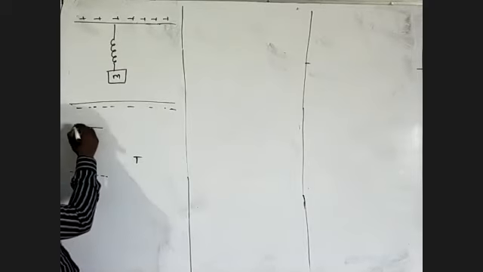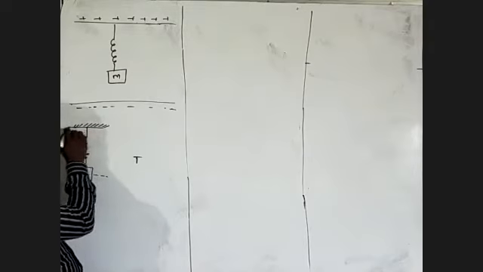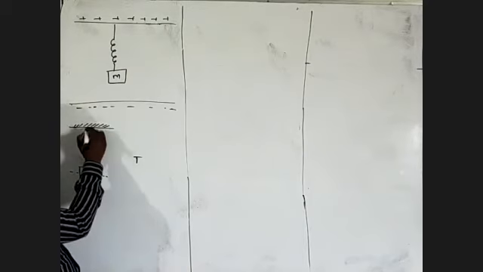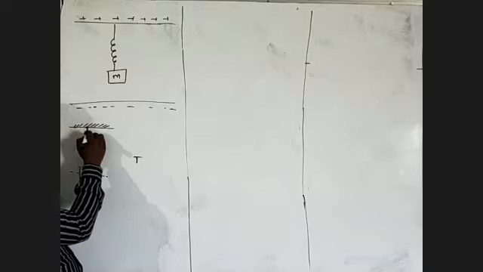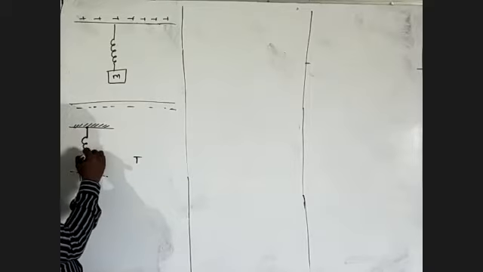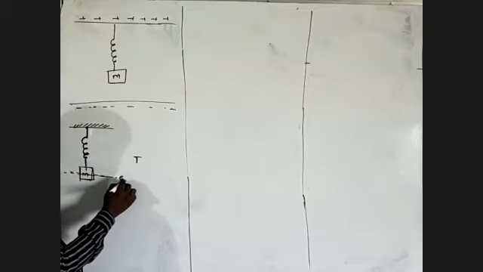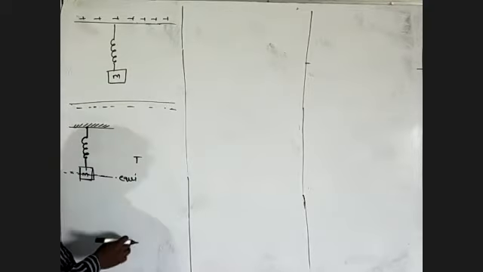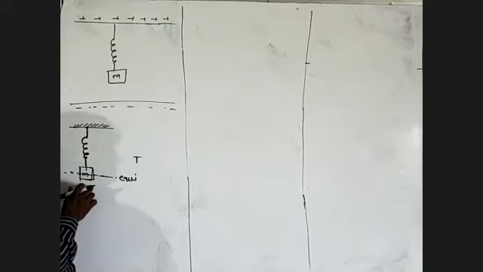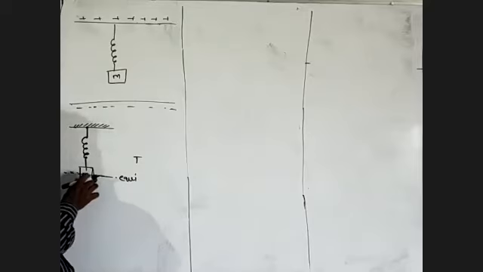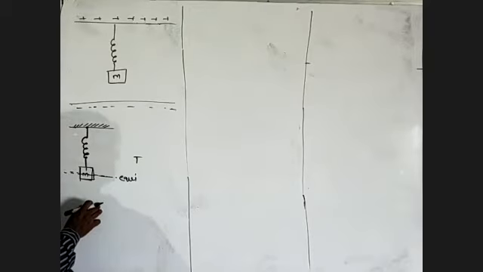Okay, this is a rigid body. One end of the spring is connected to the rigid body. Another end of the spring is connected to a block of mass M. This we call the equilibrium position. Now we hold this block and pull the block downward. Then release it.